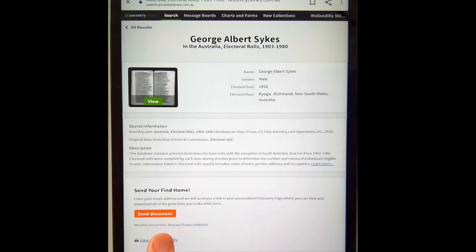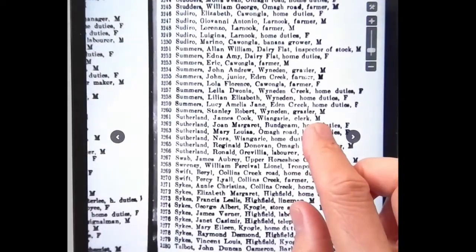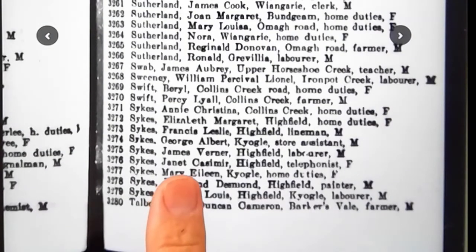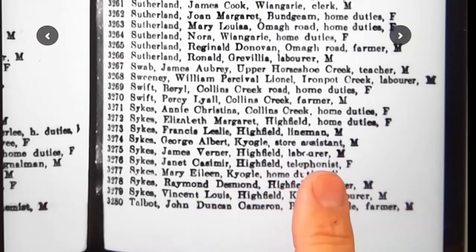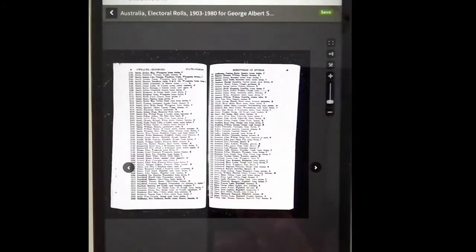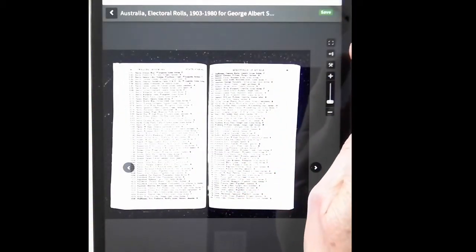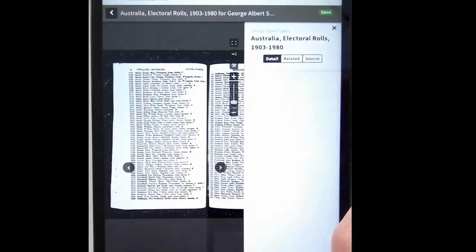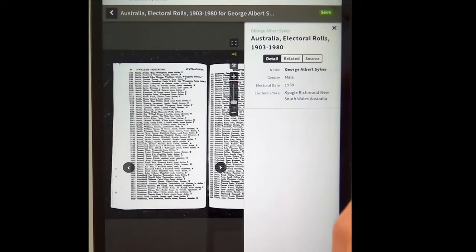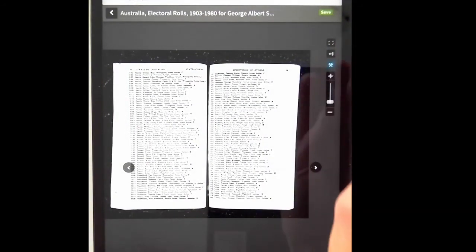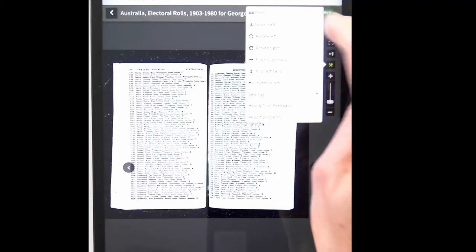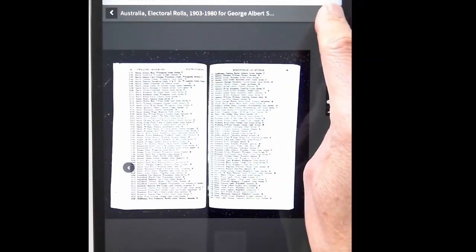Again, I have the option to send the document to my email. I want to view the image, so I'll click on the green View button. If I just enlarge that, I can see my grandfather's name on here, that he lived in Kyogle, and for part of his life he was a store assistant. On the right-hand side here of this image, there are options such as the left arrow, which you can click on to show you the record you're in. Also the gear icon, which gives you an option to print. There's also a save icon,